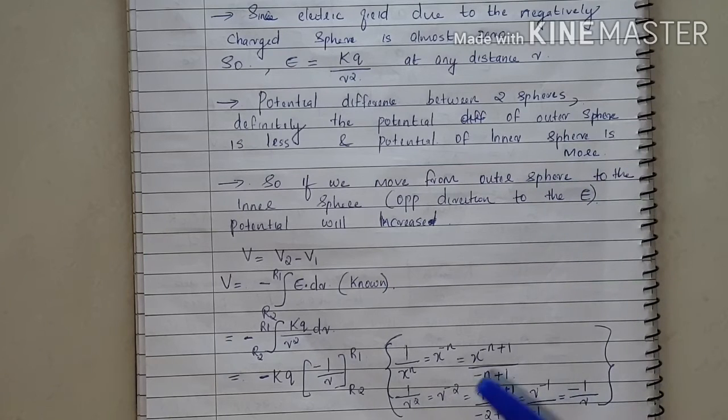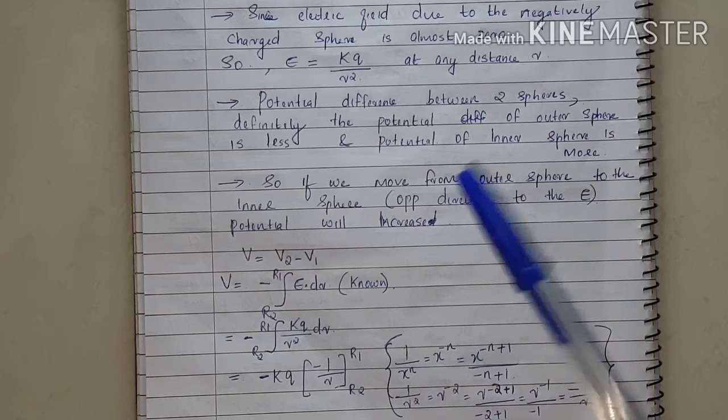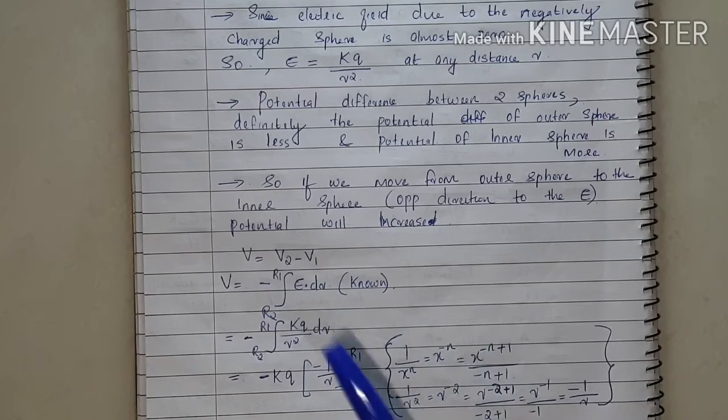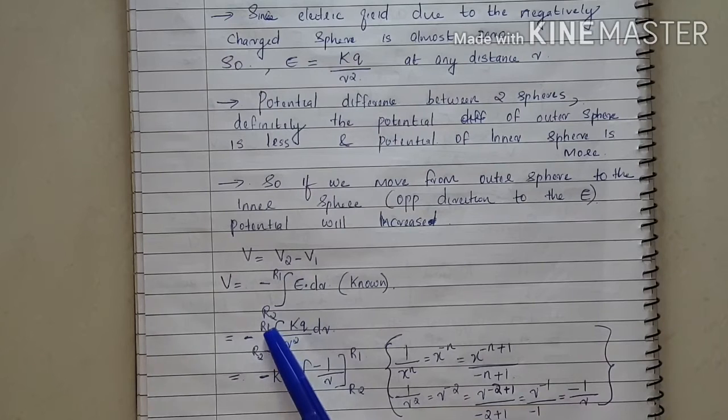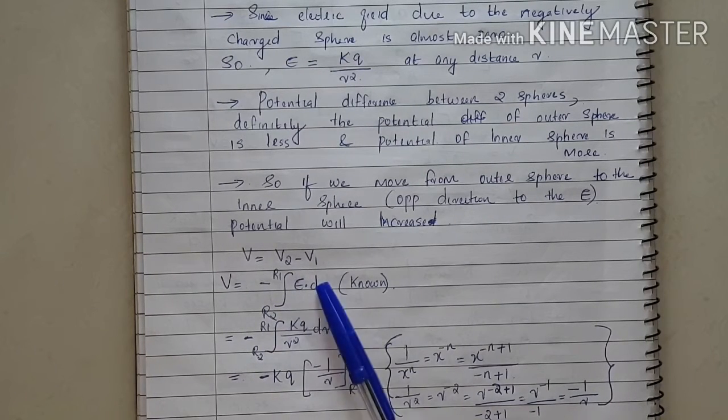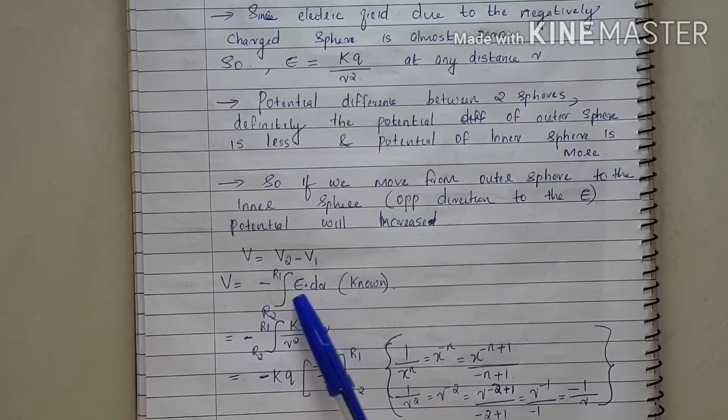So we can write the potential difference V equal to V2 minus V1. And the potential of the outer sphere is almost zero, that is very less, it is negligible. So V can be written as minus integral R2 to R1 E dot dr, which is equal to minus integral R2 to R1, E is nothing but KQ by R square into dr,